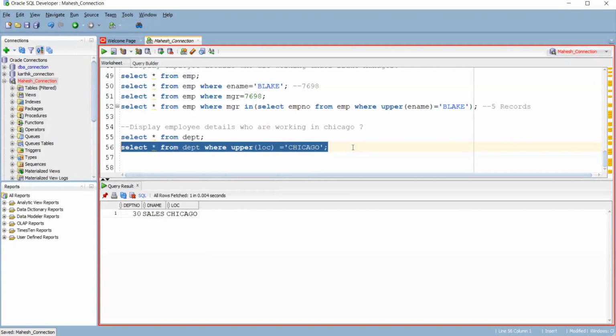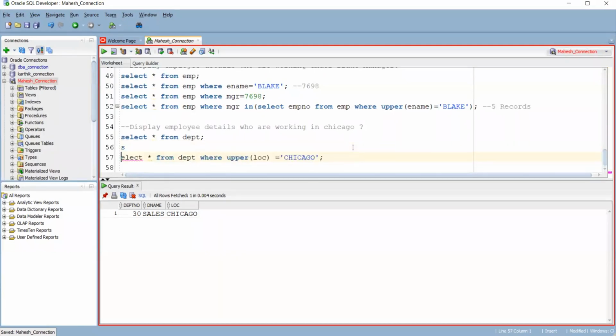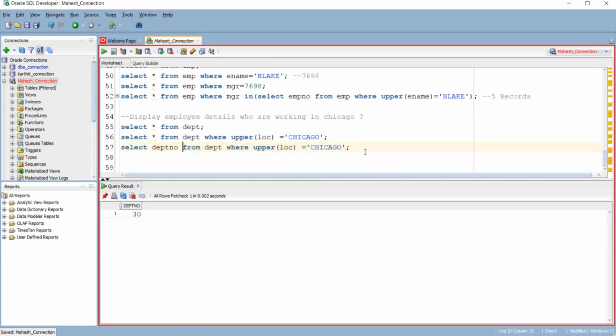Select department number from department. Copy paste it. So we are getting the Chicago department number as 30. Select star from